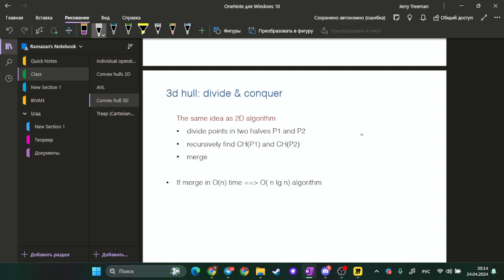If you have some points, first of all, you need to find a line that divides your space such that you have the same count of points. Then you do it recursively and get some